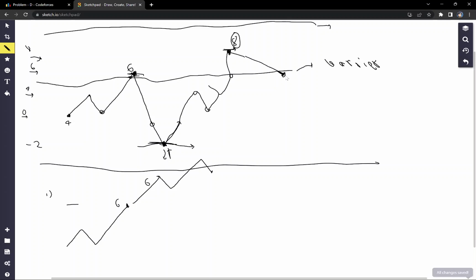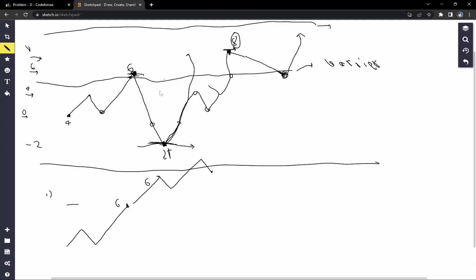So if the final rating was this, the final rating will eventually shift above by this maximum and minimum distance. So what you have to do is find the maximum minus the minimum difference between any two particular points in the rating system. Meaning the maximum value should occur first and the minimum value should occur next. After this it will just shift the graph above by that particular difference, and by that we will get the maximum rating at the final position. This was all about the crux of the problem.